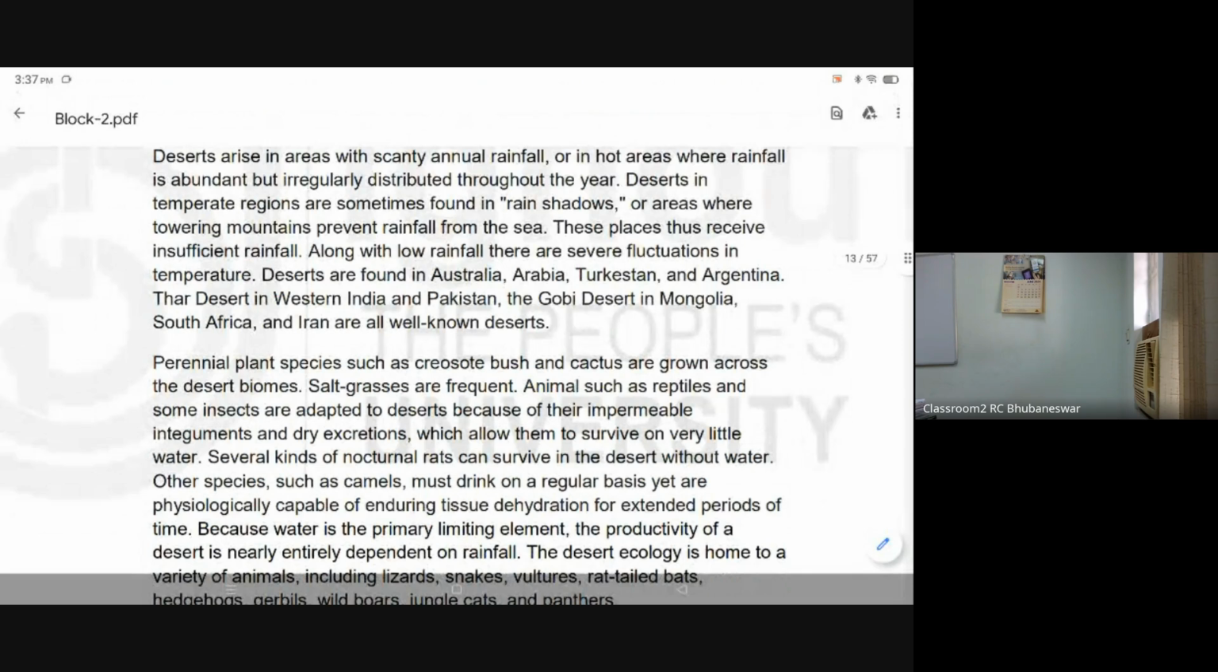The deserts in the temperate regions are basically found in the rain shadow regions. Rain shadow regions are those regions where you don't get rainfall because of a topographical barrier. And if you understand orographic rainfall, you should be recalling the